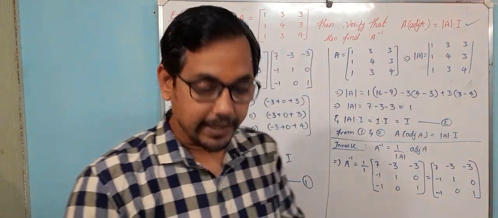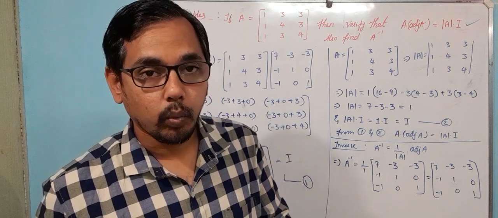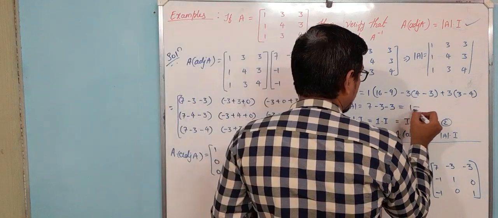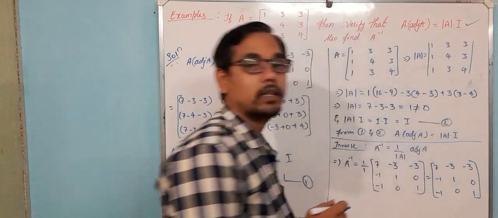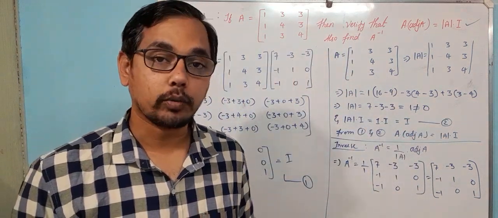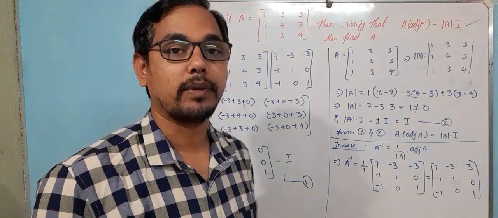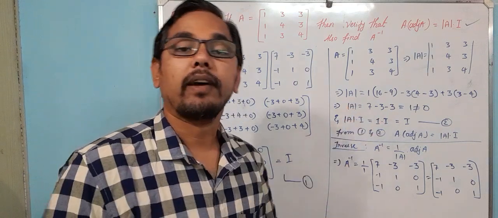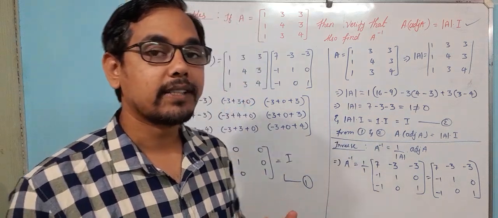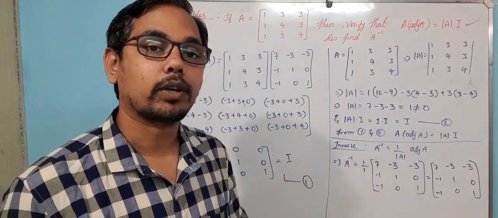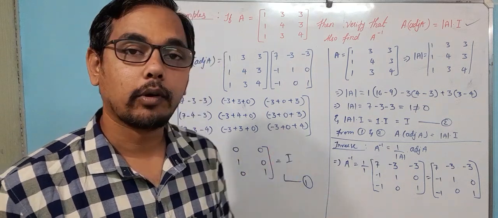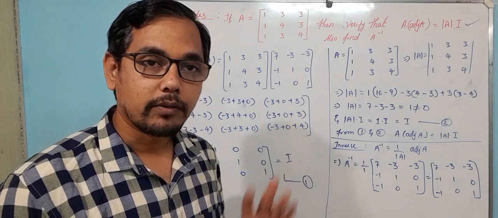Keep it in mind, whenever determinant A is not equal to 0, it should be a non-singular matrix. You should get some value, then only it is possible to calculate A inverse, or else it's not possible. Whenever the determinant value is 1, your adjoint A will itself be the inverse of that particular matrix. Adjoint A will be your A inverse. So I hope you have understood this problem. Now pause the video and make a note.